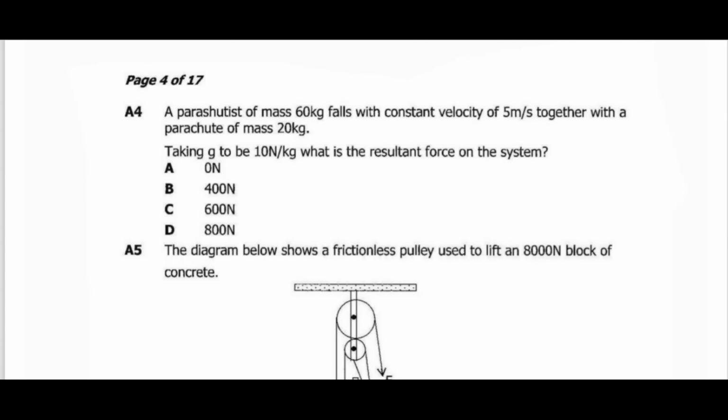Then for question A4, a parachutist of mass 60 kg falls with constant velocity of 5 meters per second together with a parachute of mass 20 kg. Taking gravity to be 10 newtons per kg, what is the resultant force on the system? So here, this question may seem to be confusing, but I'm sure the concept here is